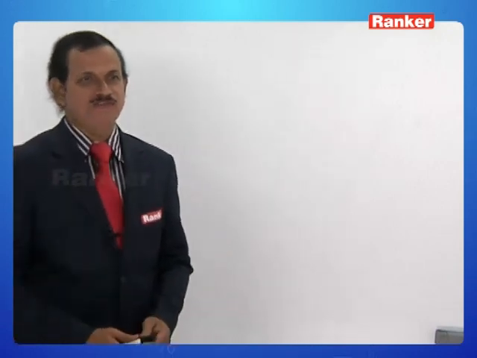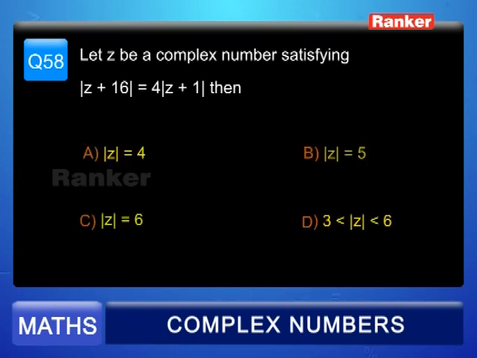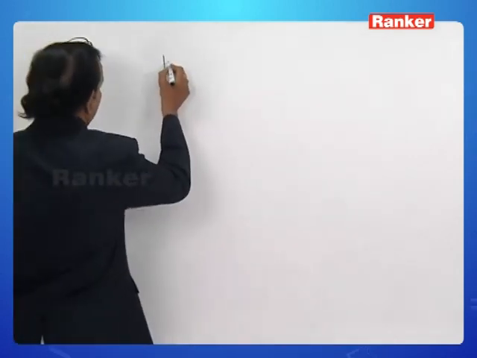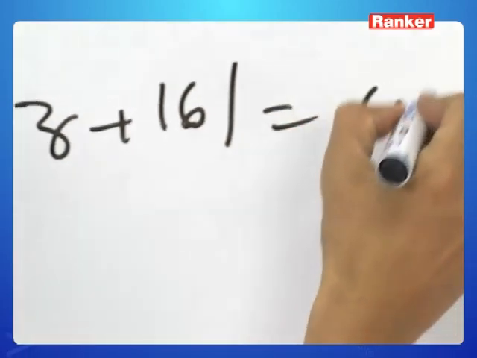The next question before us is question number 58. Let Z be a complex number satisfying mod Z plus 16 is equal to 4 into mod Z plus 1, then mod Z is equal to 4, mod Z is equal to 5, mod Z is equal to 6, and mod Z lies between 3 and 6. What is the right option? Let us see. What has he given? He has given that mod Z plus 16 is equal to 4 into